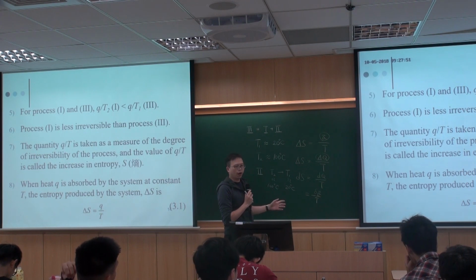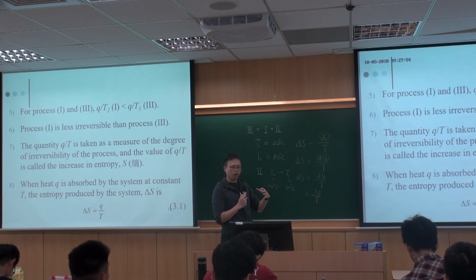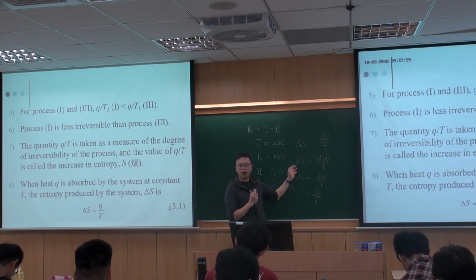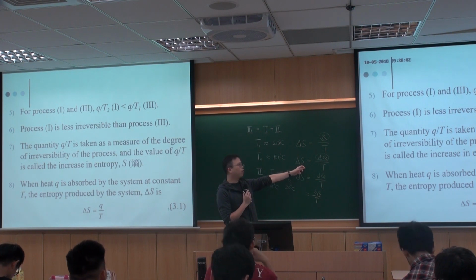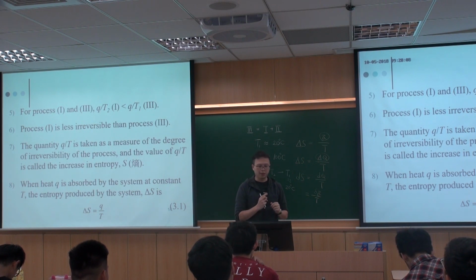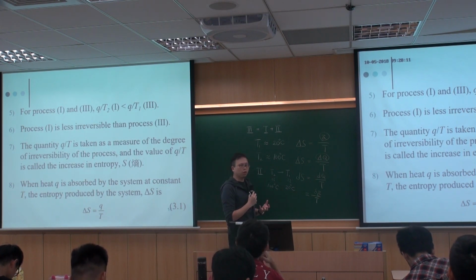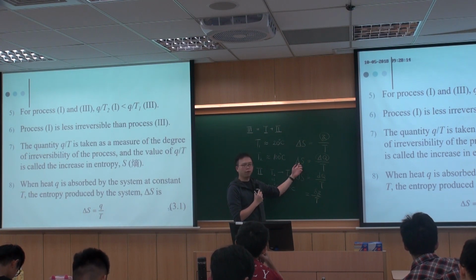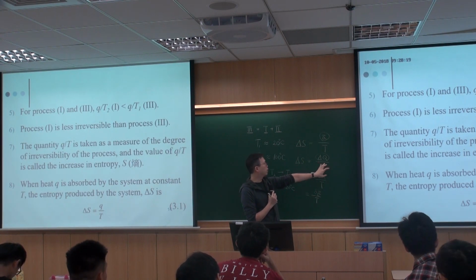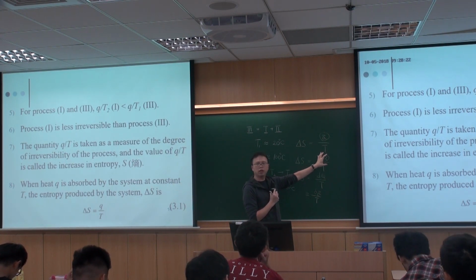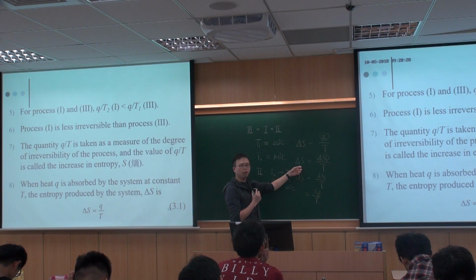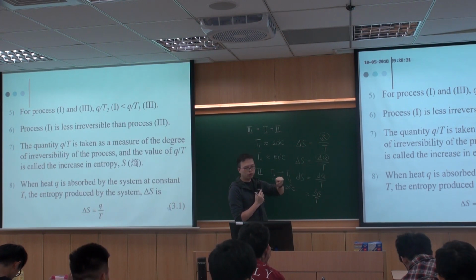But please bear in mind that based on the argument that we went through, we're defining the change of entropy rather than its absolute value. To talk about the real value of S, we have to go to statistical thermodynamics. But in classical thermodynamics, we only define the difference of entropy. This means that at a fixed temperature, if heat is going into the system, then we can measure the change of the randomness of the system by using this ratio. Okay?